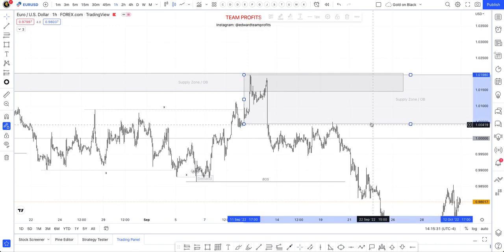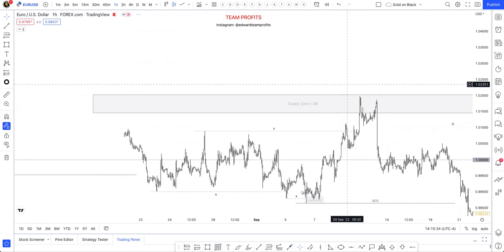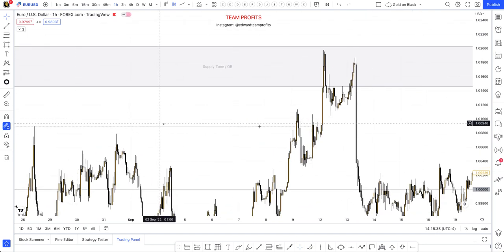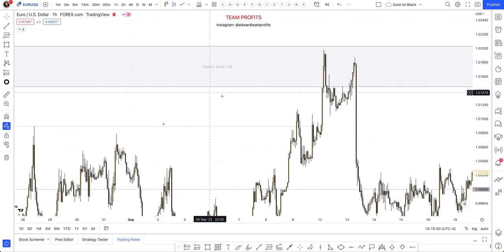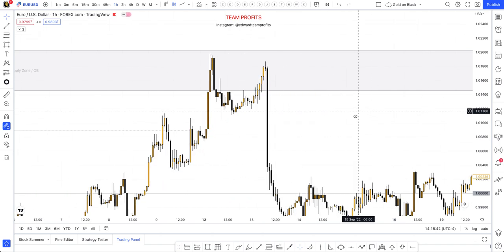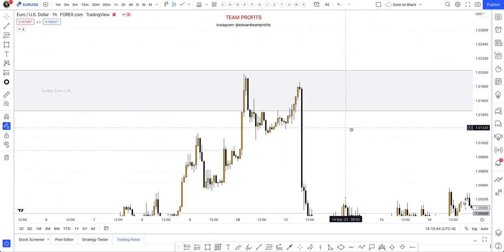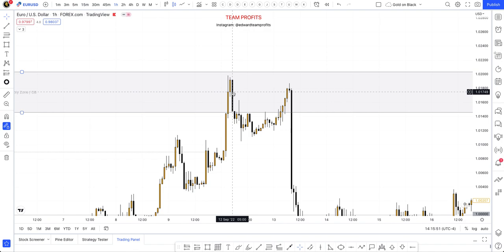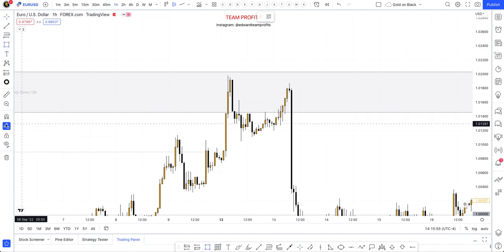Let me clean this one first. So market is taking the liquidity, it's taking these guys out, and it's touching a potential order block at the top. Look at what's happening. The market, now this is something that I will explain perhaps on a different video. This order block is still not that attractive. However, it is an order block